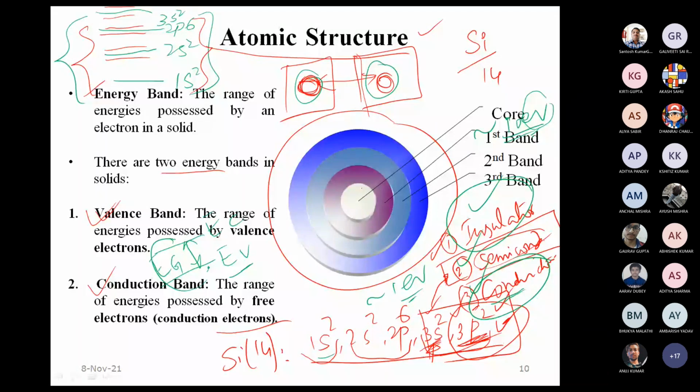If the electrons are in plenty, then we say that the semiconductor has a conducting nature, and if the electrons are not present in the conduction band, then we say that it has an insulating nature. So semiconductors may have an insulating nature or a conducting nature, depending on the number of electrons found in the conduction band. In the conduction band, the electrons are free to move anywhere.